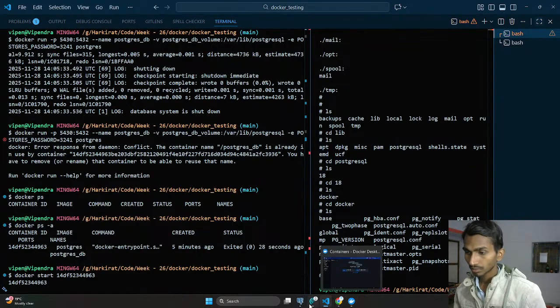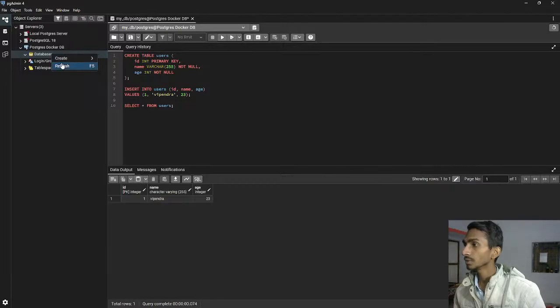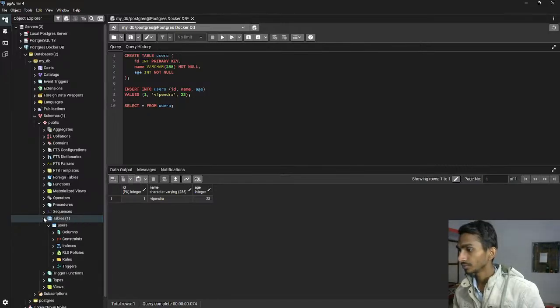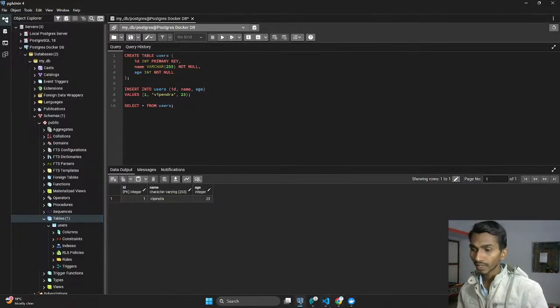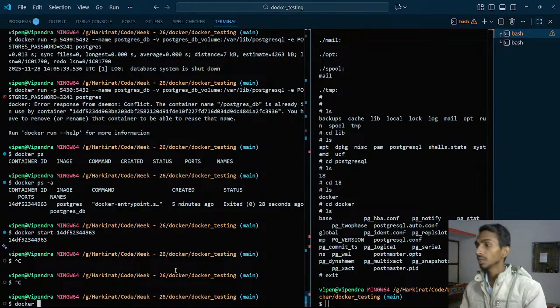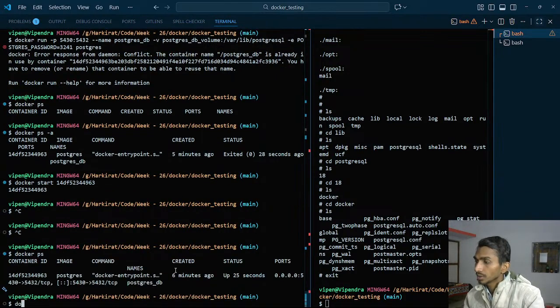By the way, let's simply check this out. Let's go here and refresh the page. We'll get everything that we had. By the way, MyDB, inside the tables, yeah, we had users, so we are getting this. Not only this, if I just simply stop it and then run docker ps,